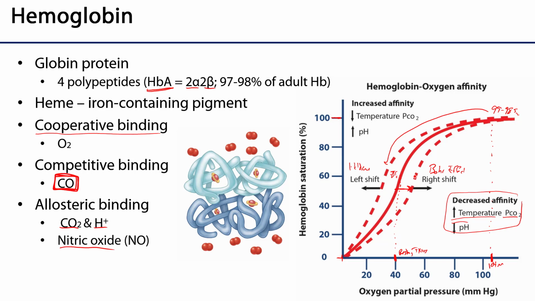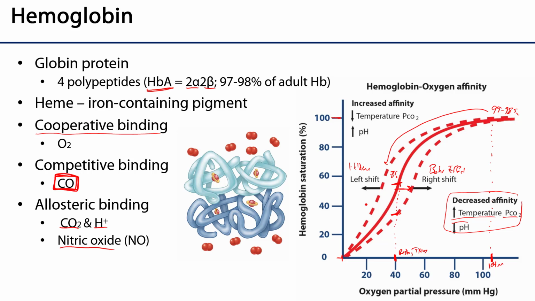And under the same conditions, what we'll see, so just from that curve to this curve, we'll have a lower saturation of hemoglobin. Essentially, under hotter, more CO2-rich, more acidic conditions, hemoglobin is more likely to dump oxygen. And that's a great thing, right? You want oxygen to be dumped in metabolically active areas.